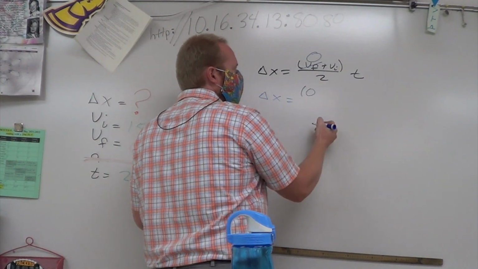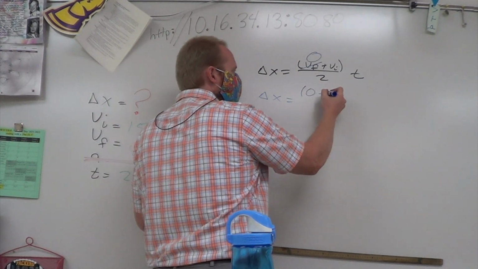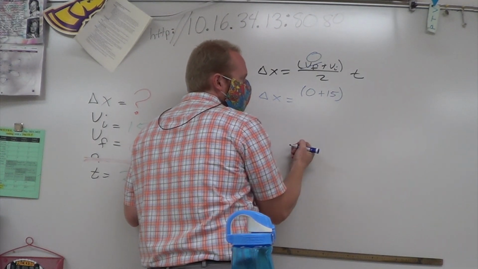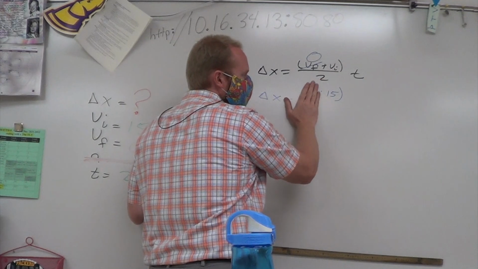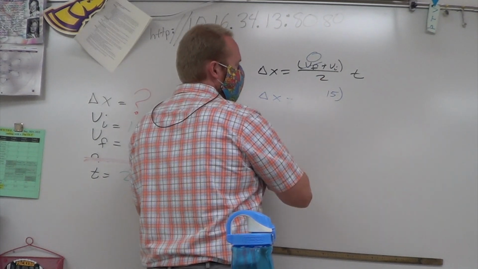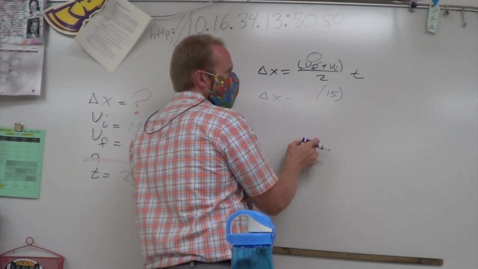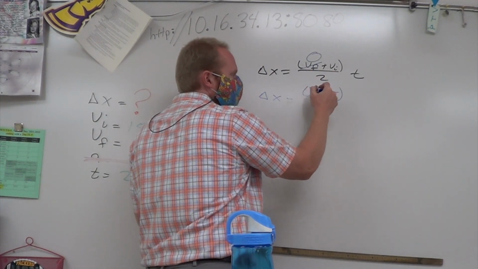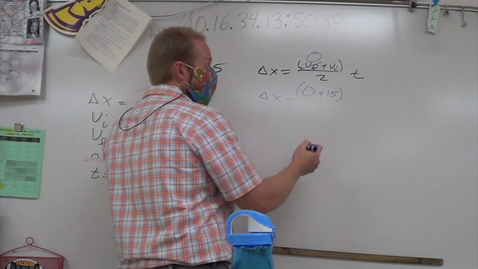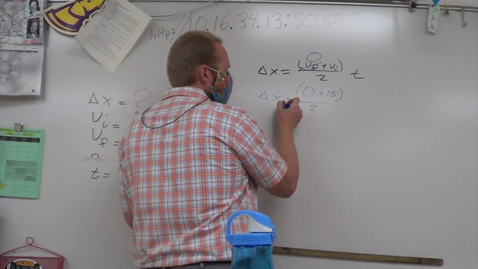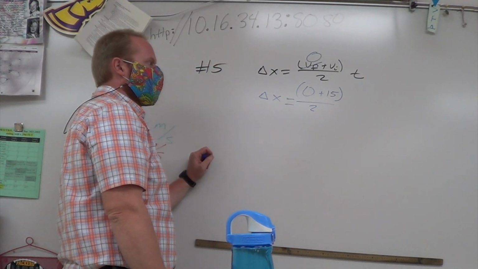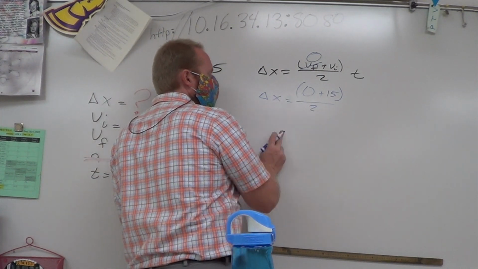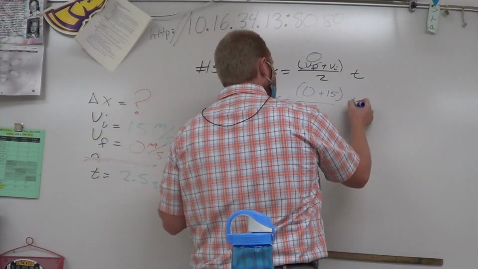Sometimes people like to put that 0 still in there and say, well, 0 plus my initial velocity of 15. Some people like to do that. Some people just like to say, well, do I have to do that? Can't I just say it's 15? And the answer is yeah, because 0 plus 15 is 15. So it's really up to you. I'm going to do it like that for today, but probably in the near future, I'm not going to do that. So delta x is equal to 0 plus 15 divided by 2 times